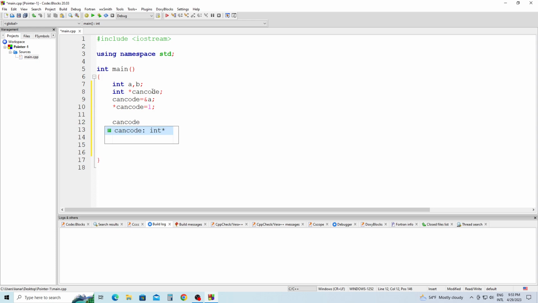pointer_b equals &b; *pointer_b = 2; and then we're going to output with cout